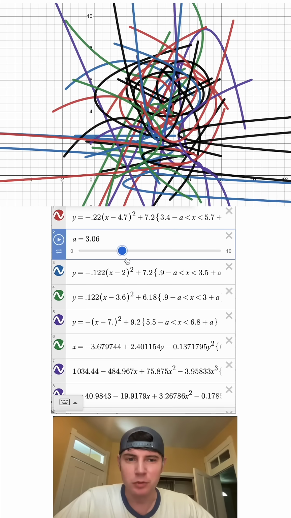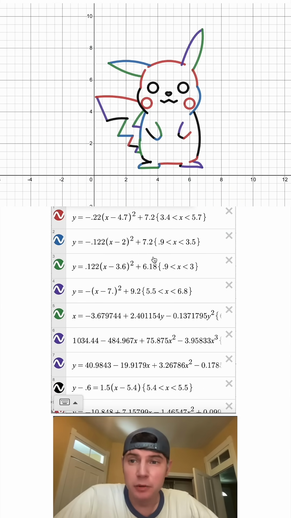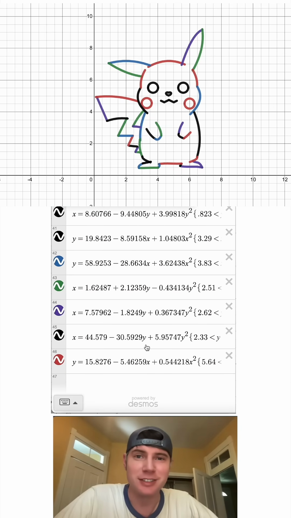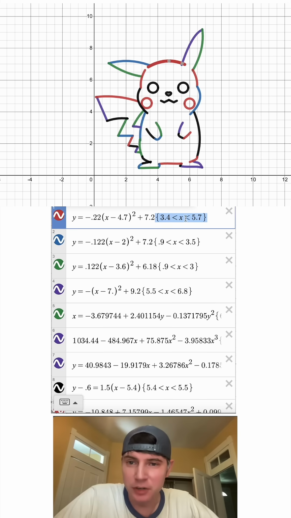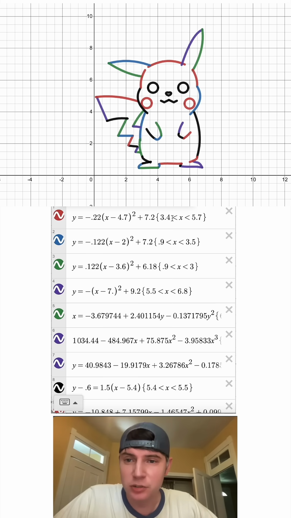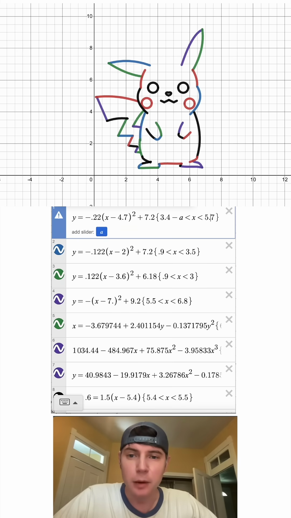So there it is, a jumbled mess. And there's Pikachu. So right here we have Pikachu made up of 46 equations with restrictions. So if I get rid of this restriction, it's just going to extend that all the way down. To this restriction, to the lower bound, I'm going to subtract a, and to the upper bound, we're going to